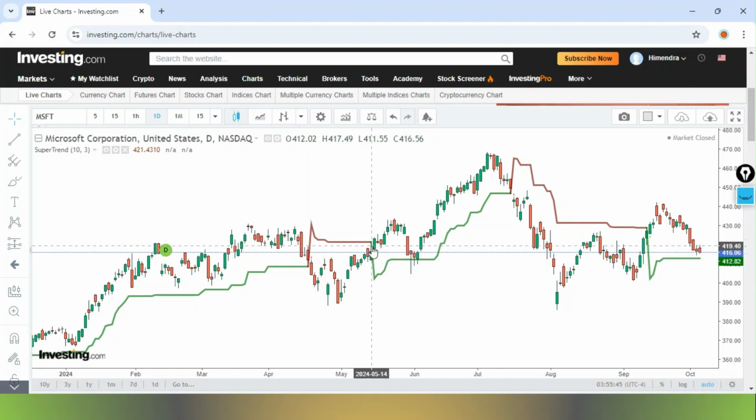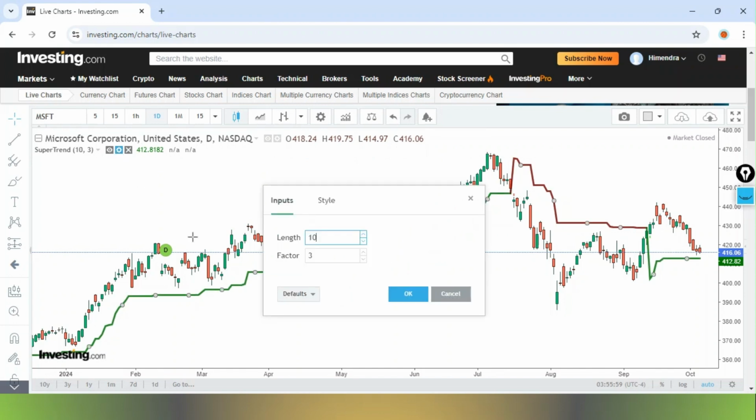But if anyone entered at 418, he got a profit of almost $40 per share. And if I change the multiplier from 3 to 6,